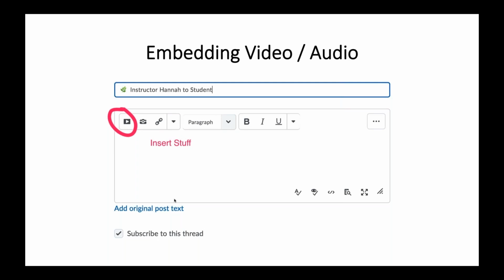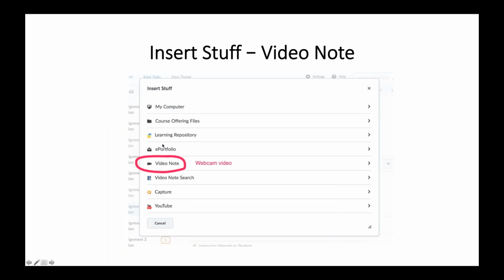Okay, so this is the easiest way to embed your video or audio, and even to record your video if you're using Video Note. And that's in any window, you'll see this little play button, and that's the insert stuff button.